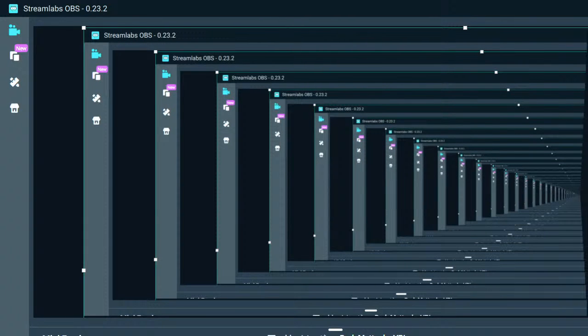If we want to test what each of those alerts looks like, we can click Test Widgets, and let's get an example of what the follow alert is going to look like for the viewer. So when I click the test follow, it's going to give me a preview of what the viewer is going to see when they follow the channel. When we click done, it's going to show that our alert box is located right here. So we can move this, resize it,